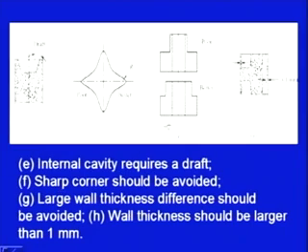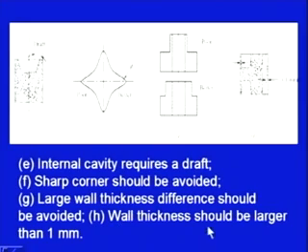Similarly, in this design aspect, the large wall thickness difference should be avoided. Now, here we can see the wall thickness is this much and the wall thickness in the adjoining section is this. So, this is a better design. On the contrary, in the poor design, this is the wall thickness here and the wall thickness here is relatively much smaller as compared to the wall thickness here. So, the large wall thickness differences should be avoided. We should always go for better and best design.